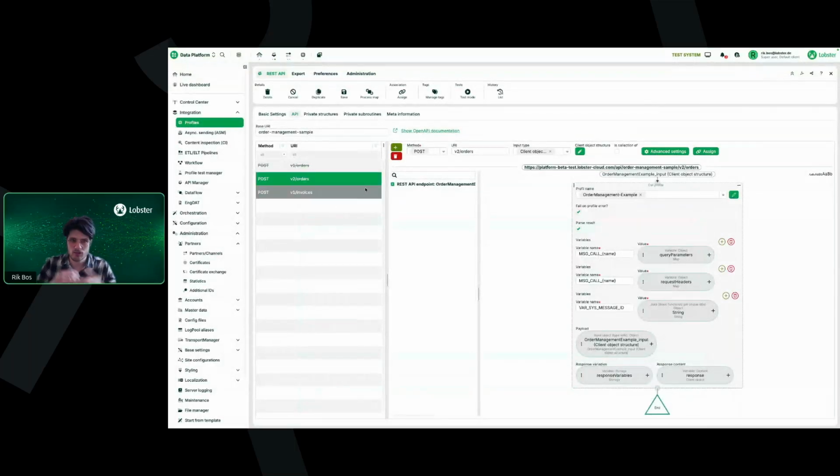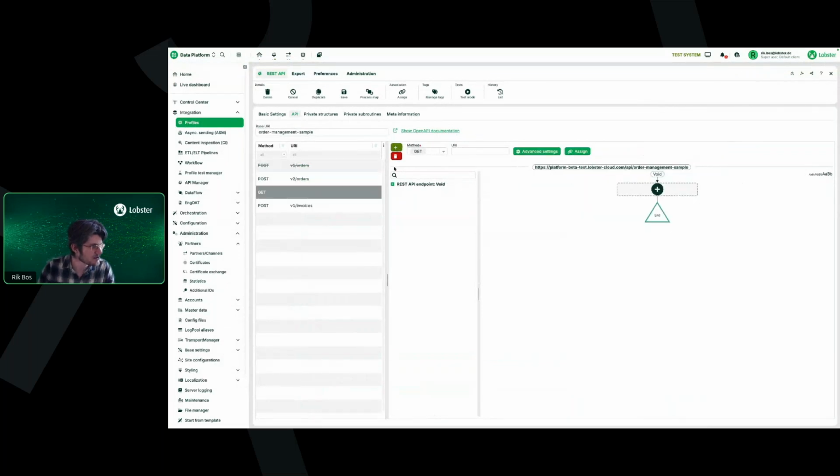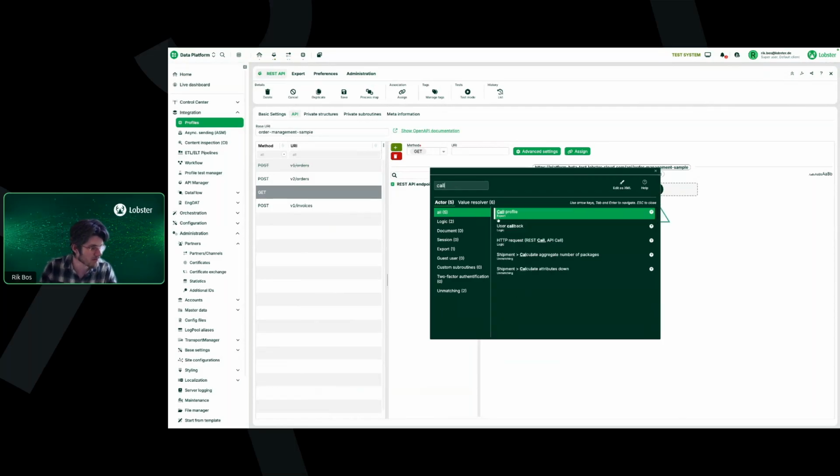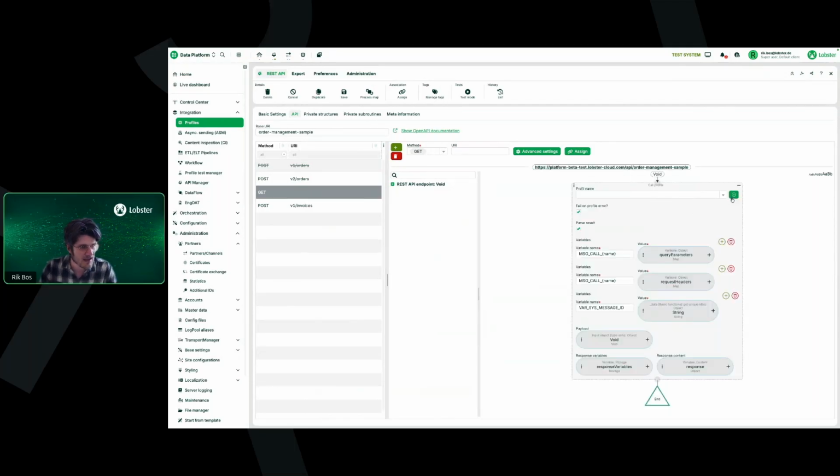And how do you build this integration, you might ask? Well, you just hit plus to create a new endpoint. You add some logic by clicking the plus, and there's all kinds of logic available. So I could on one hand call a profile, and I actually create a profile through here. But I could also do other logic. So you could do an HTTP call, or you can do any of the other capabilities that you might know from here. And if you click plus, you trigger a wizard to create the